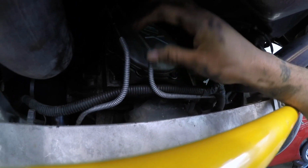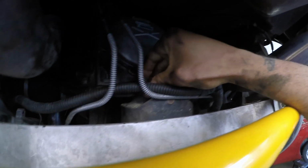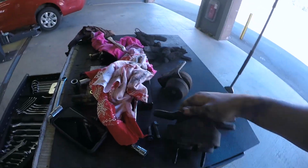It's okay. They're metal, so they can bend just a little bit, but just make sure you don't overdo it because you don't want to break it. But once that's loose, you just want to pivot it forward, and then you can pull out the whole assembly. So this is the OEM diff mount,